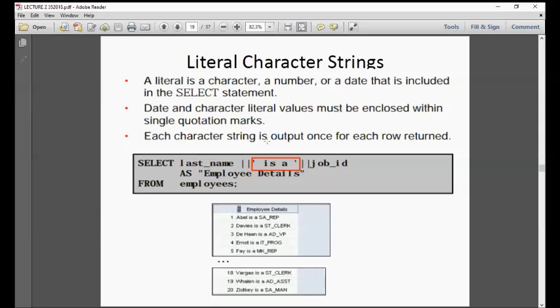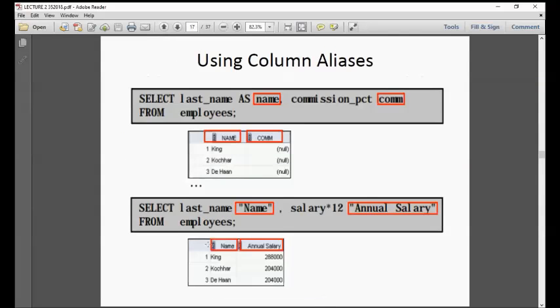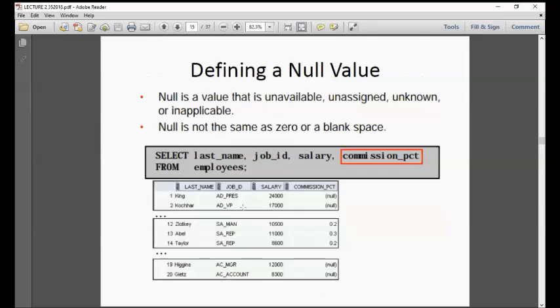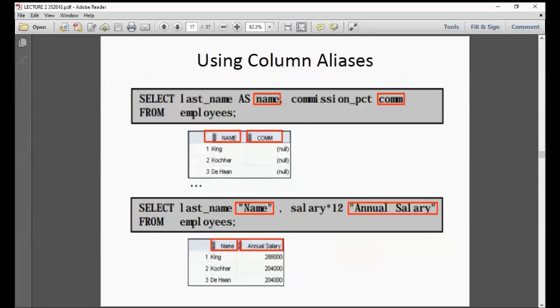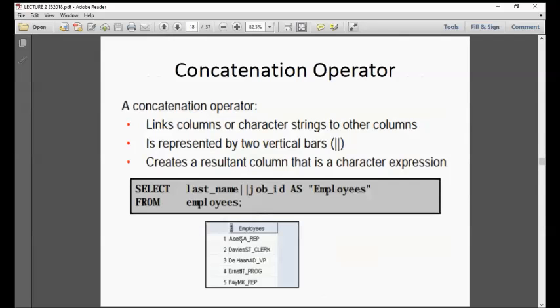Each character string is output once for each row. So for example, select last name, concatenated. So if my last name is Miguel, it will include 'is a' and the job. Remember here, it's just concatenation. But what I want to put in here is 'is a'.